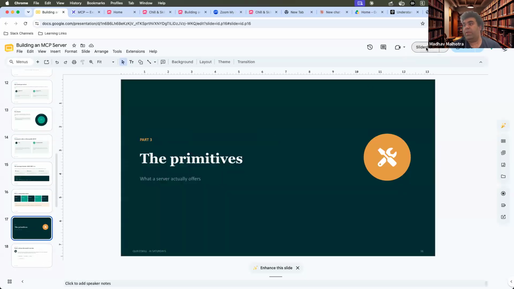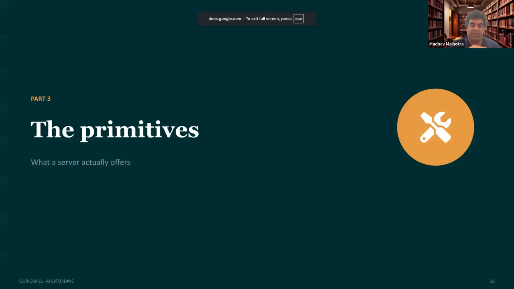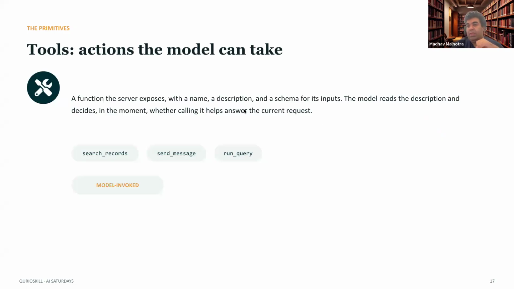Okay, now let's look at some of the primitives, folks, of what all an MCP server can expose. This will hopefully answer some of the questions that people are asking about, like what are the things that an MCP server can give you. Now, there are three different things that an MCP server can show. The first thing can be,